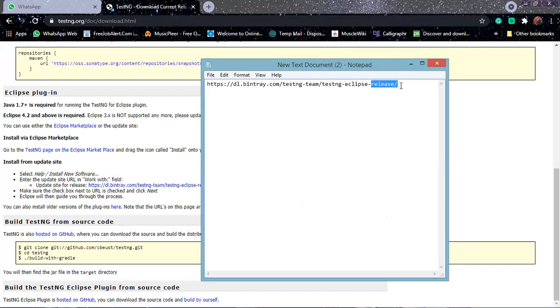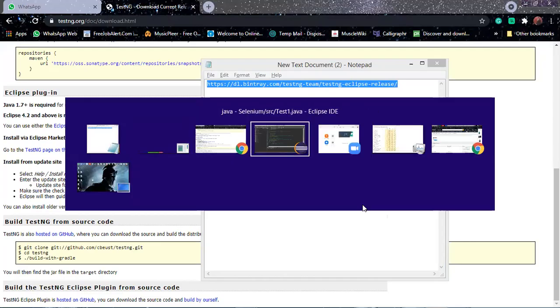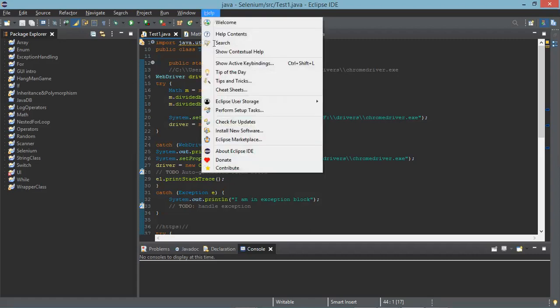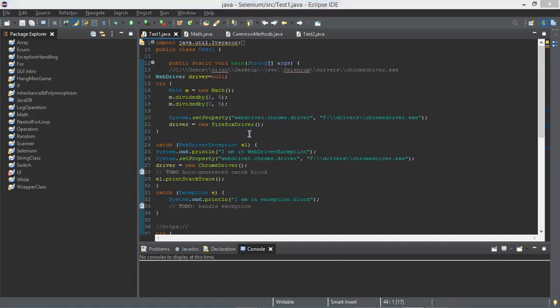If you are done, then copy that URL again and go to Eclipse. Now in Eclipse, go to Help. Install New Software is there, right? Go to that.